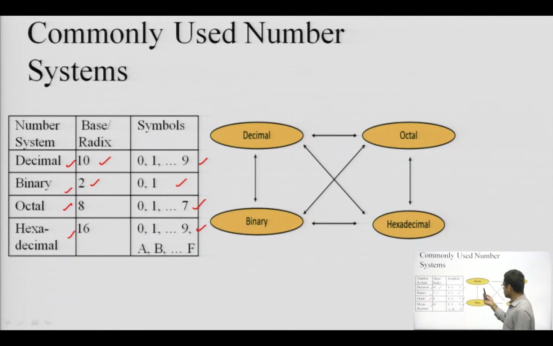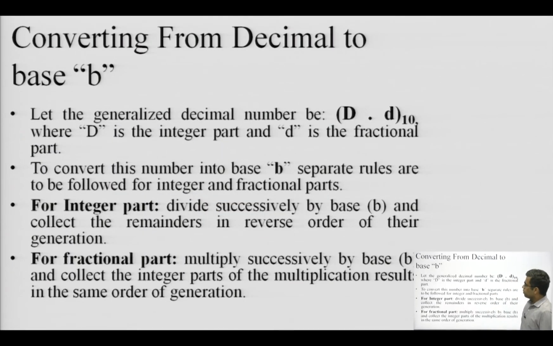So, these are the possible conversions which can be done between decimal and octal, decimal and binary, decimal and hexadecimal, binary and hexa. Any number system can be converted into any other number system using some set of rules. Now we will first deal with the most commonly used number system. From our childhood days, we are using decimal. Whether a person is educated or not, the most commonly used number system is decimal.